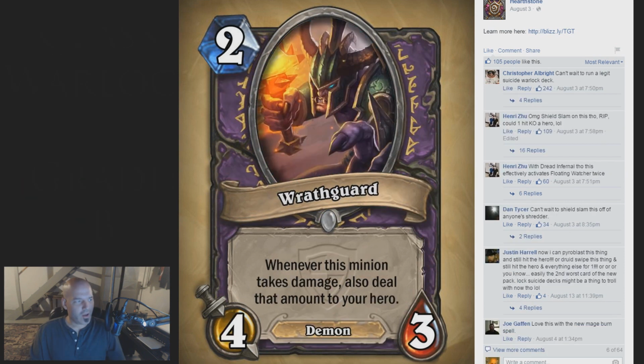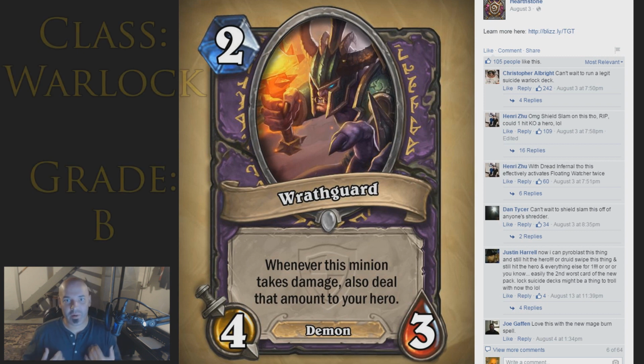Next card. All right, Wrathguard, which is a Warlock card. Really another one that I'm really excited about. 2 mana, 4/3. These types of cards I call overpower cards personally, because what they're doing is